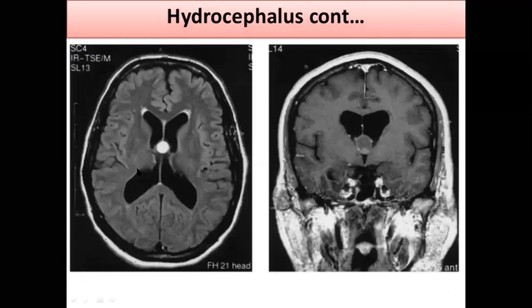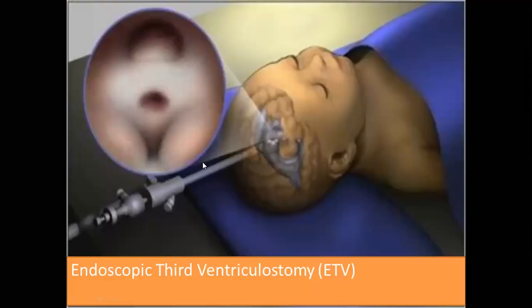See the hydrocephalus, the ventricle sizes are bigger in the CT scan. See, this is ventriculostomy. You can make out there is one instrument, and through the skull and brain a hole can be made and excessive CSF can be drained out. This is endoscopic third ventriculostomy. You can make out this instrument. This is the enlarged view.